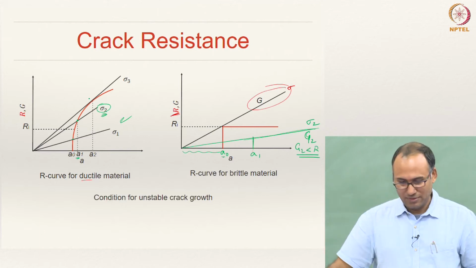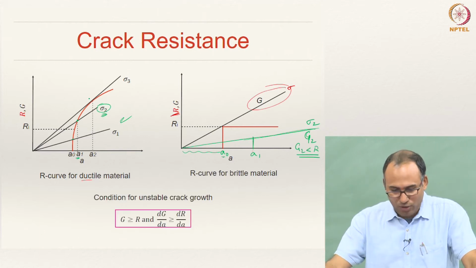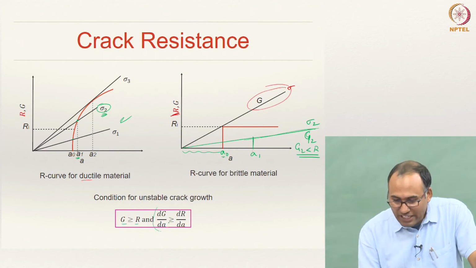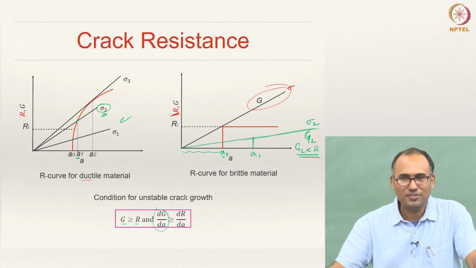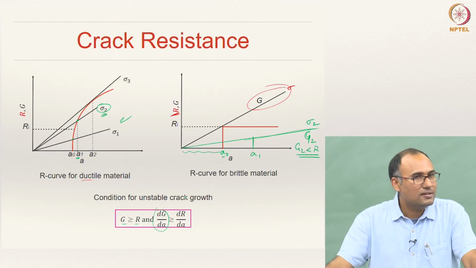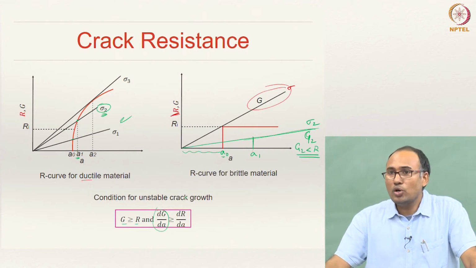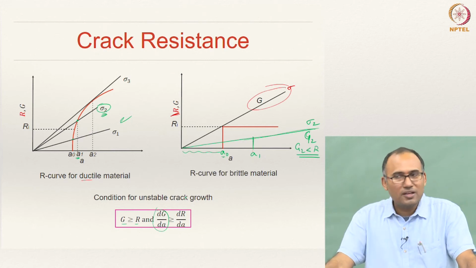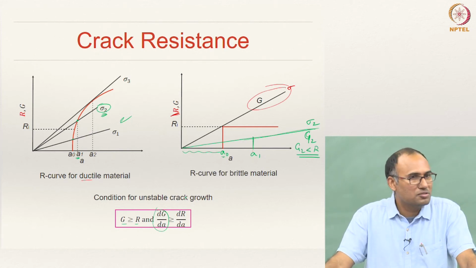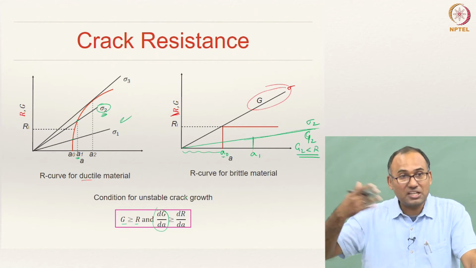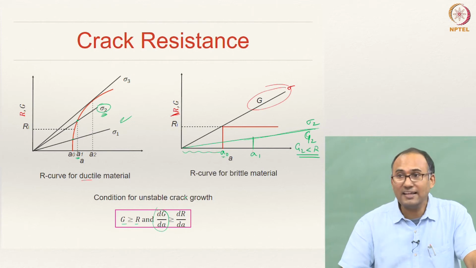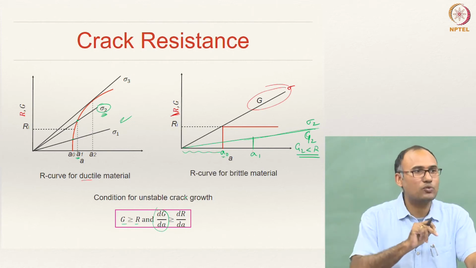So conditions for unstable crack growth: first, G should be greater than R, and dG by dA should be greater than dR by dA. Is that clear? So that is typically the case in ductile materials. For brittle materials, you will not have this R curve changing, or the resistance will not increase as the crack length increases, and hence